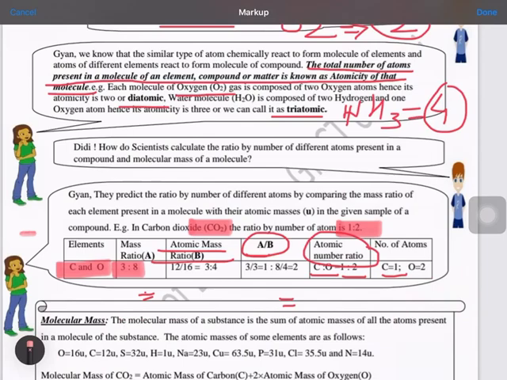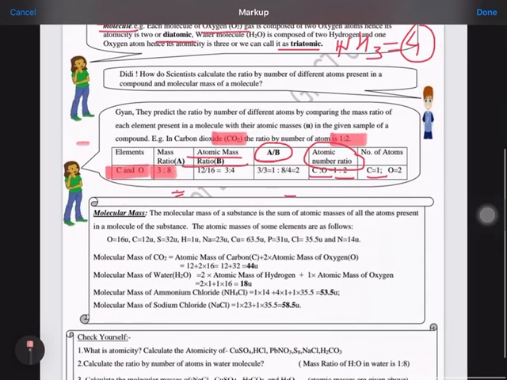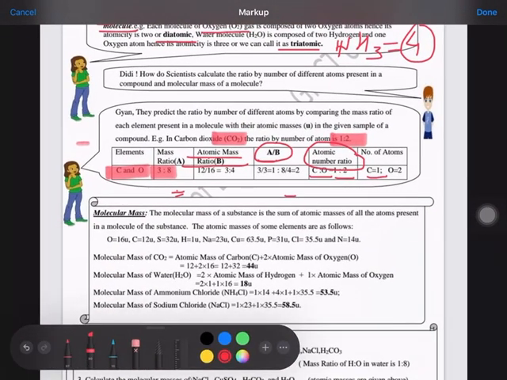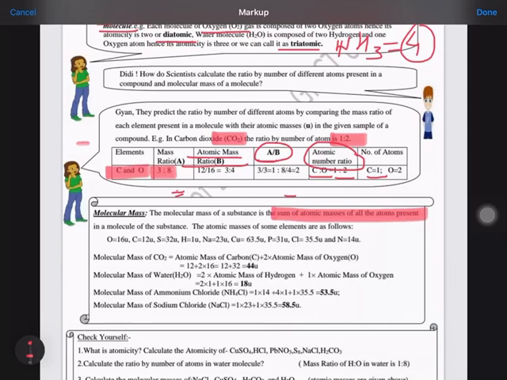Now the next part is molecular mass. What is molecular mass? Molecular mass is the sum of the atomic masses of all the atoms present in a molecule. For that you will require the mass of the different atoms in the different compounds. You just have to add up, but before adding you have to see how many atoms are present. That number of atoms is multiplied with the mass, then you add up.